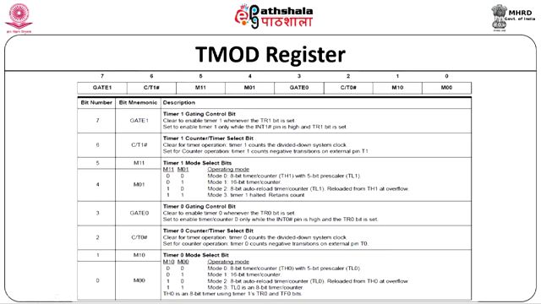Now looking at these bits, I can understand that these two bits M0, M1 combined together make the mode of this particular timer. If it is 00, then it is mode 0. If it is 01, then it will be operating in mode 1, where a 16-bit timer is operated. If it is 10, then mode 2, which is otherwise called an 8-bit auto reload timer. And 11 is mode 3, where TL0 acts as an 8-bit timer or counter, and it will be operated as 2 counters.